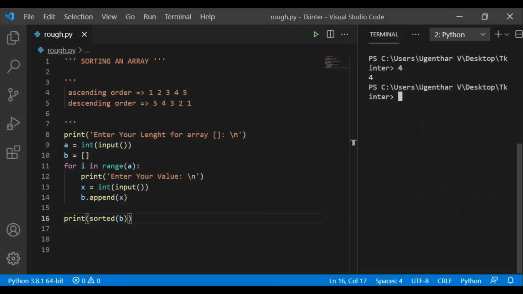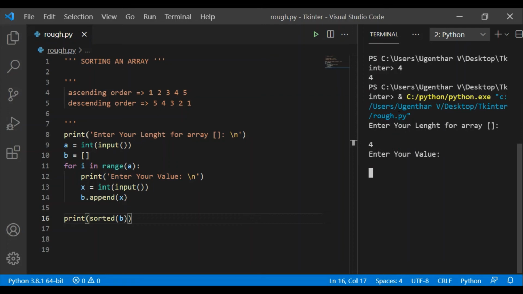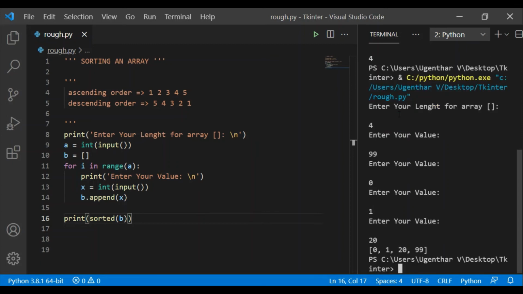Let me run the code here. Let me give length as 4 and values 99, 0, 1, 20. See, we are getting ascending order.